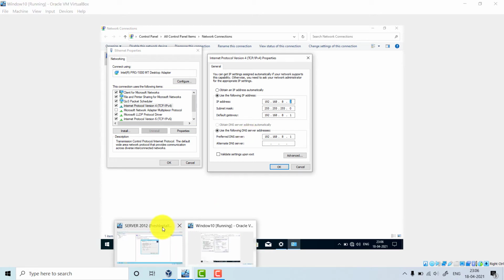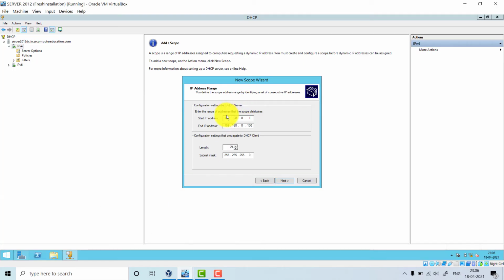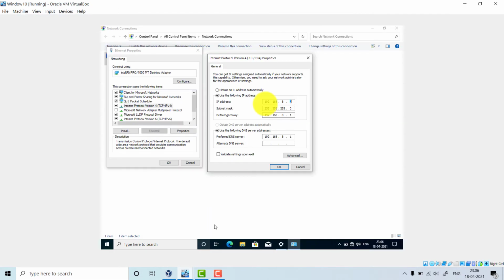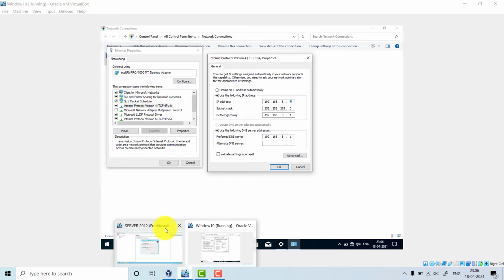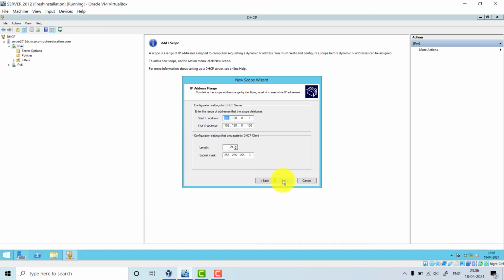Our client machine will have the DHCP address also between 1 to 100. It is not compulsory that it will have .2. We will check that. It may have .2 also, but right now we have assigned this manually, not automatically. We will get an IP address automatically afterwards. Okay, let's finish this. Click next.